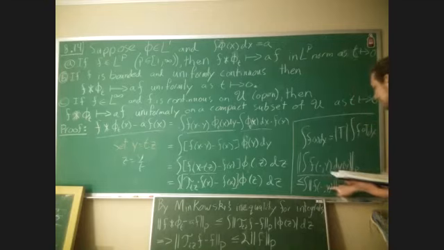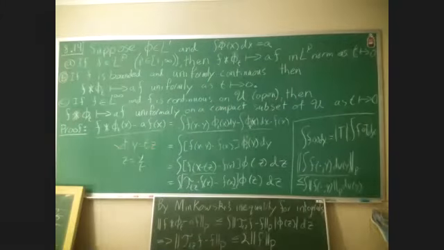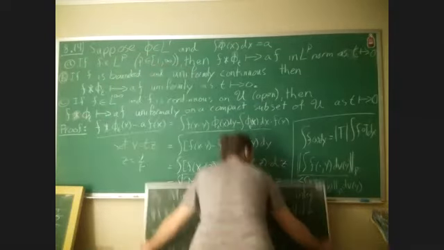What this is basically saying is that we can pass the p norm through given the necessary conditions. And it turns out that at this point we've met those conditions. So by Minkowski's inequality,